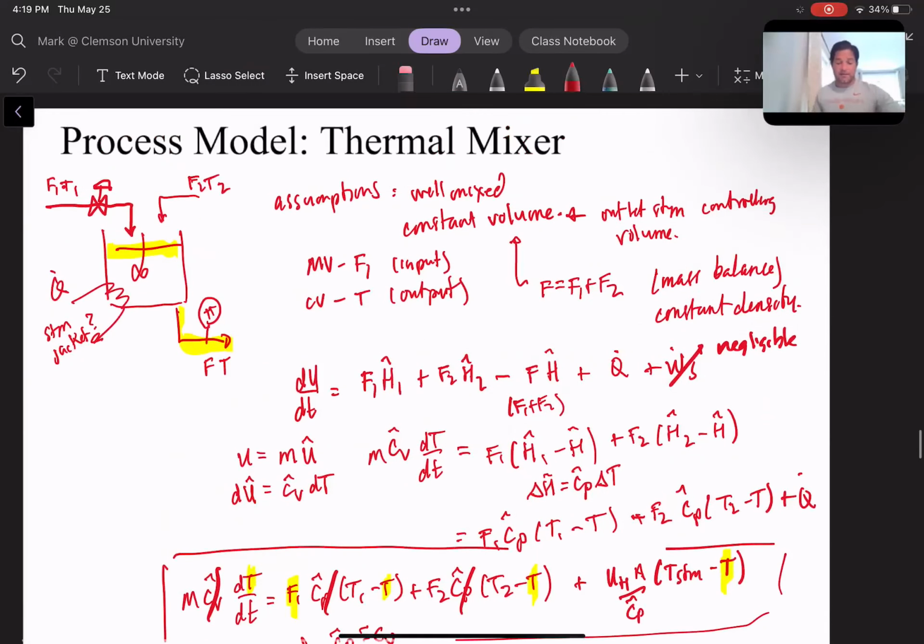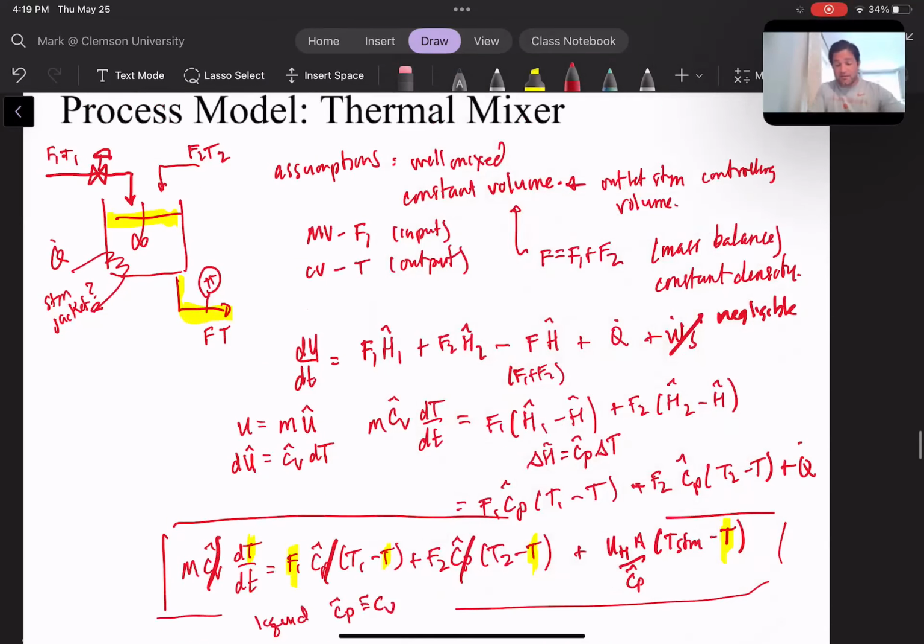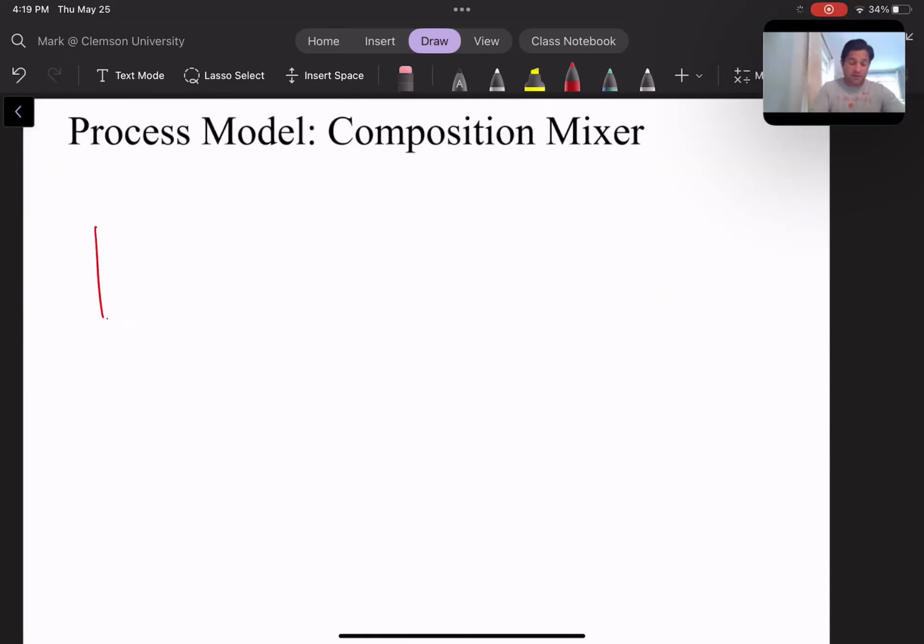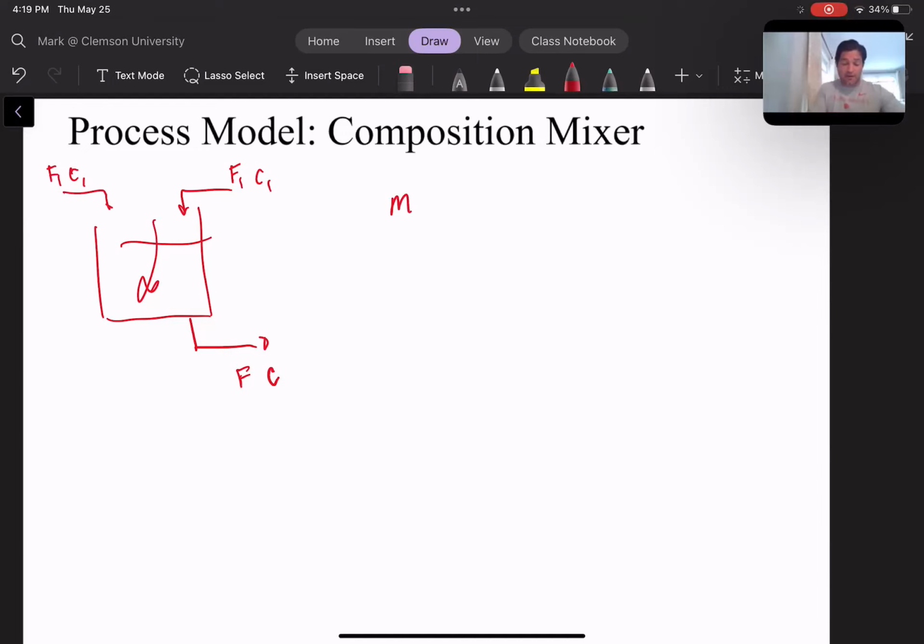All right, let's think about composition mixers. And again, I'm not going to spend a lot of time on this one, but for composition, we could have the same sort of process where we have F1, C1, and here we're just treating a single species in a solvent, like perhaps salt in water. And these are two different variables, F and C, coming out. All right, and so in this system right here, we would just write the mass flow rate on the individual species. So the mass flow rate of species 1, let's see,